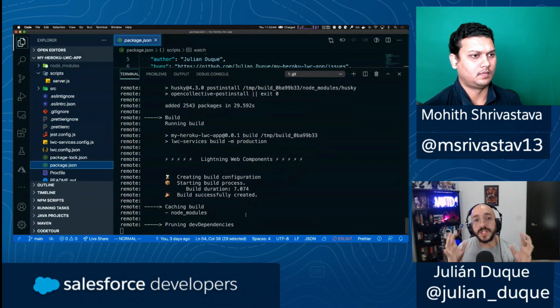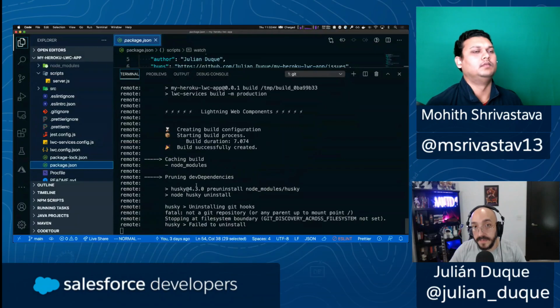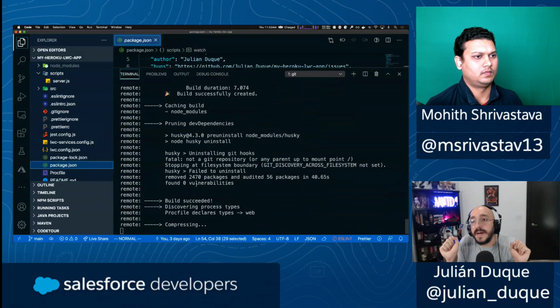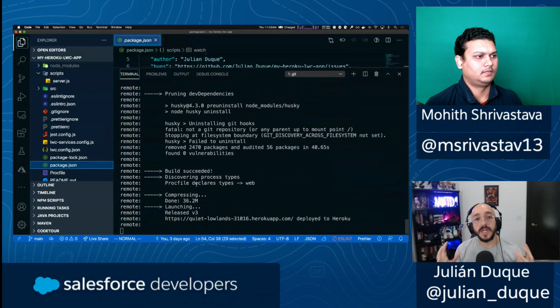A container image is a term used in cloud native applications. Pretty much it is a unit that contains your application and a basic operating system that is going to run on a container server. And after we create that image, it's going to be deployed to a Heroku dyno. A Heroku dyno is the minimum compute unit where you are running a Heroku application. So it is a unit that has a certain amount of CPU and memory allocated where you are going to run